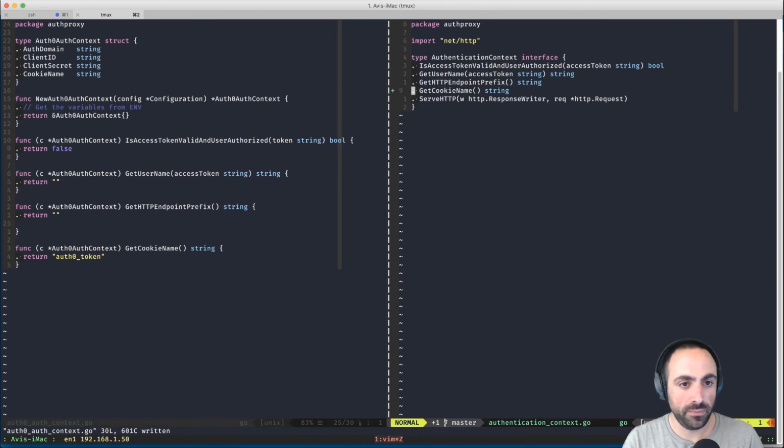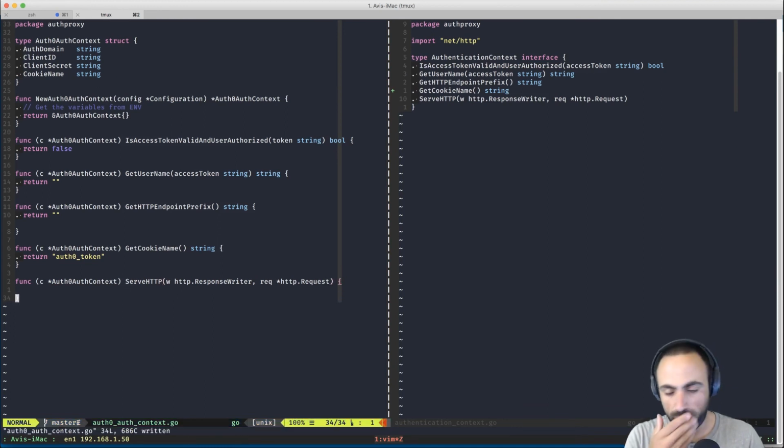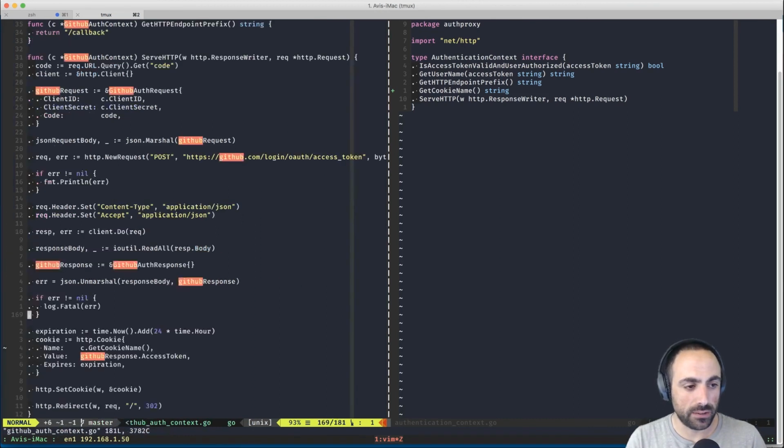And then we need the final one for serve HTTP. All right, so Auth0 auth context, serve HTTP, and this is going to be here. Okay, so one other thing we need is a redirect.